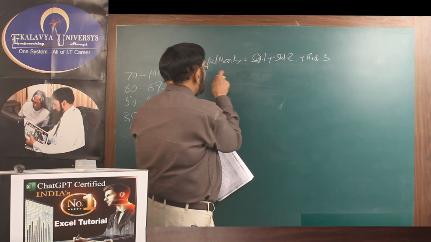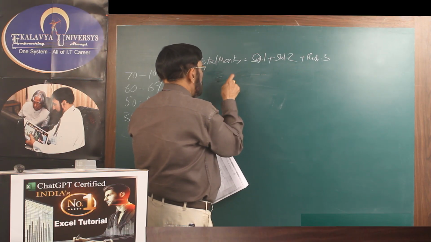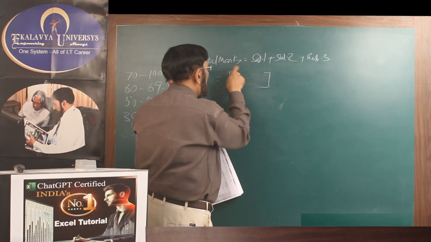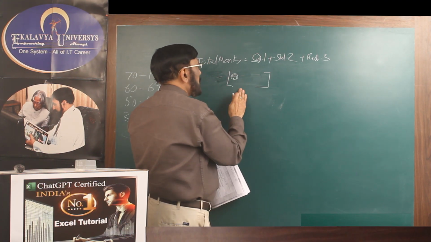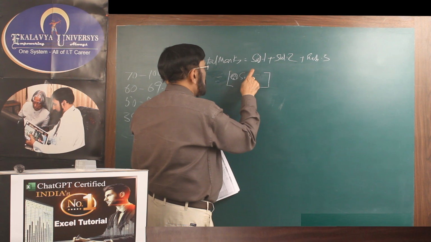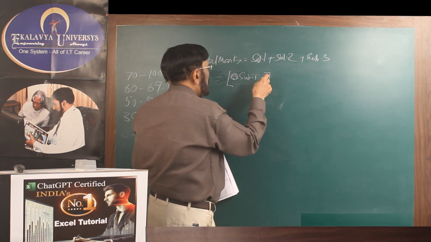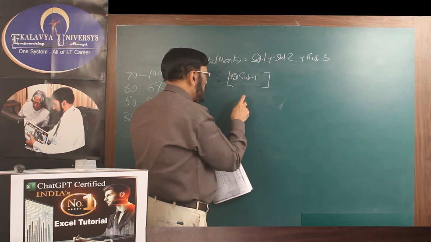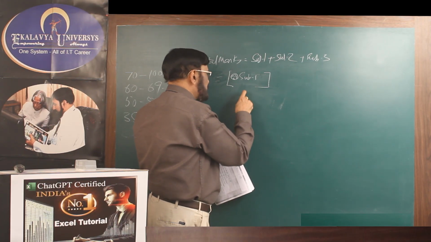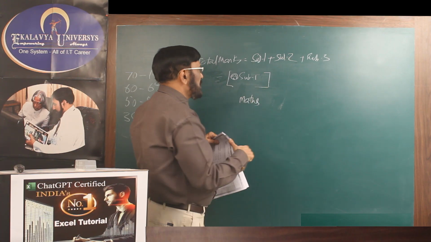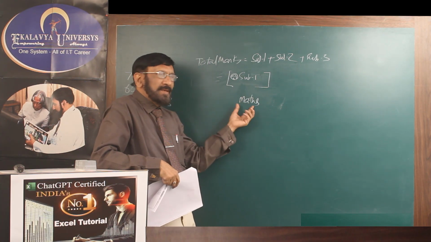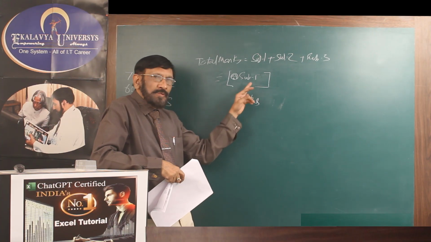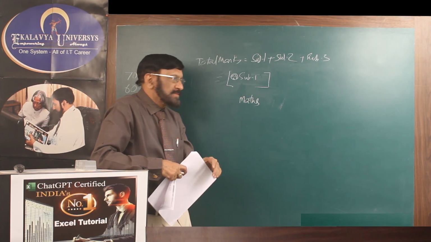So for this, what is the algorithm? How to write a label? First, write a square bracket, in it the at symbol, then thereafter subject 1. Here, one point you have to understand: if you write maths instead of subject 1, then simply this is the correct syntax. But if you are using spaces, gaps, or symbols and so on,